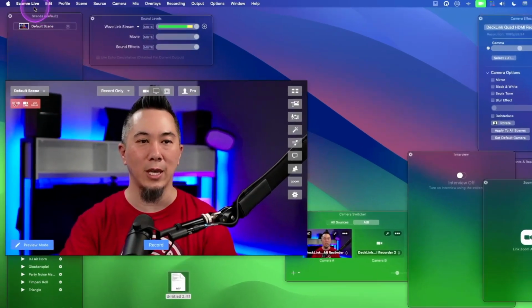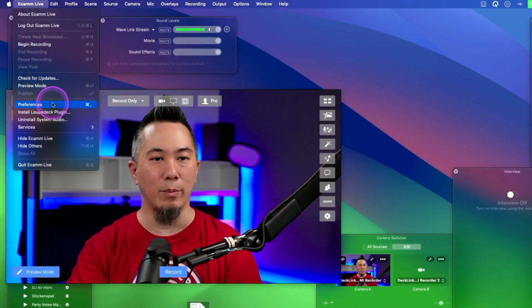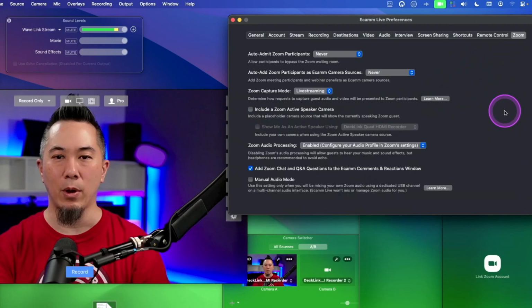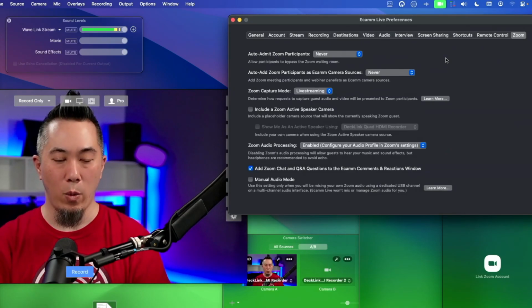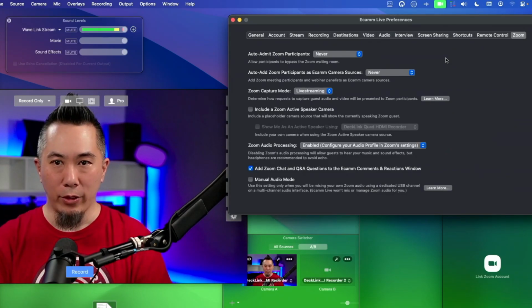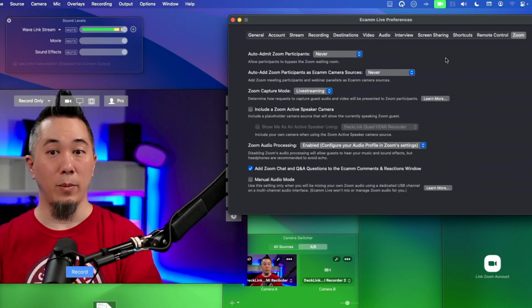So let's go over to those settings here. Click on Ecamm Live and click on Preferences and go over to the last tab called Zoom. All right, the first option here says auto admit Zoom participants. This is a traditional Zoom setting where when you are creating a new meeting, are you going to allow them to be added into your call once you start a new call, or do you want to put them in the waiting room? So